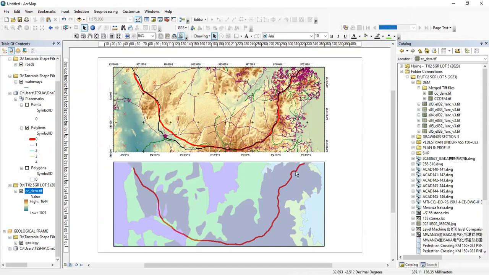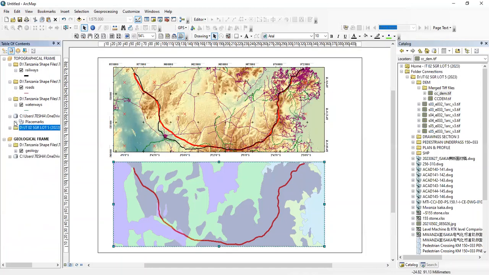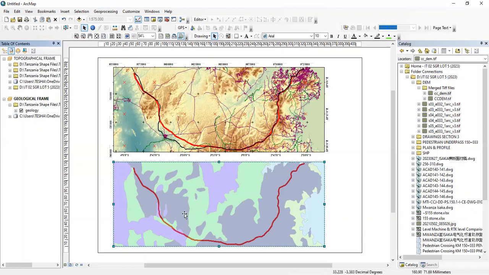Now let's move to the geological frame. On the geological frame, I need to add labels. I need to add labels on this